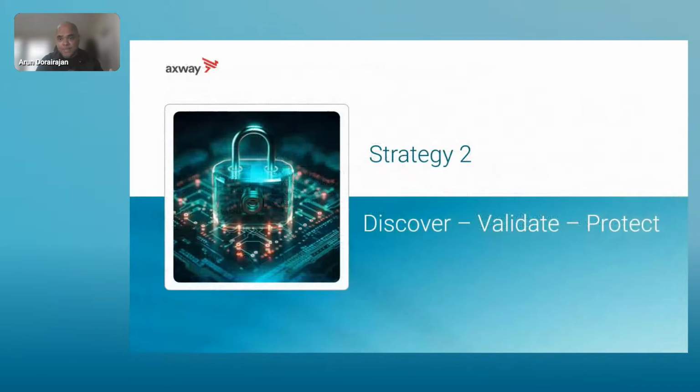Moving on, let's talk about our second pillar, which I feel is equally important. Discover, validate, protect. Now, the number 92 is very important here. I know you can't give me feedback, but you can type it. What does 92 mean here? If anyone can guess.